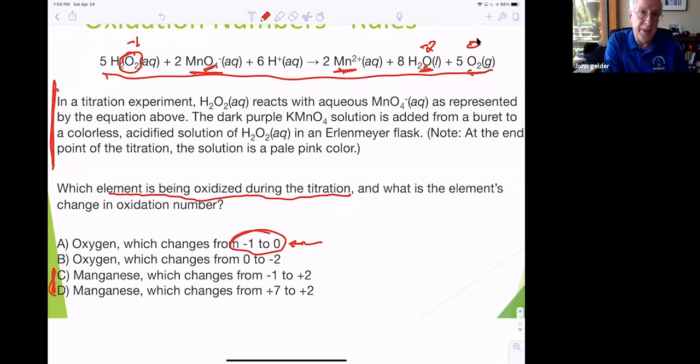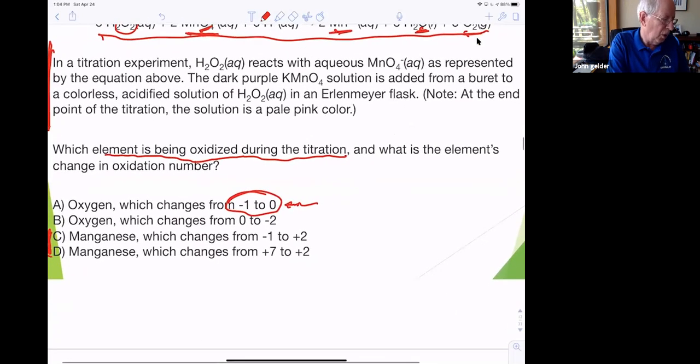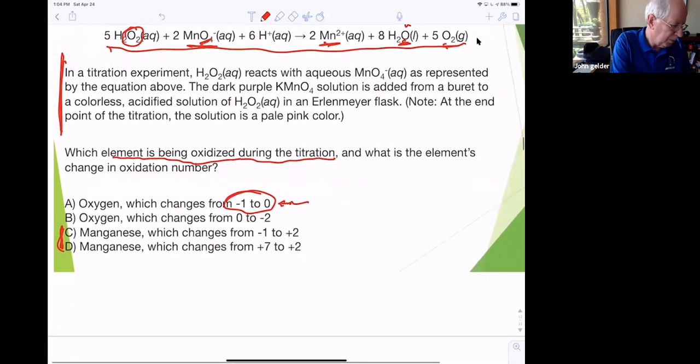So if it were a set, right, Lisa has a very good point. If it were a set, this information that was not relevant for this question in the context of oxidation reduction could be relevant in another part of the reaction, maybe related to stoichiometry. So, let's go ahead and